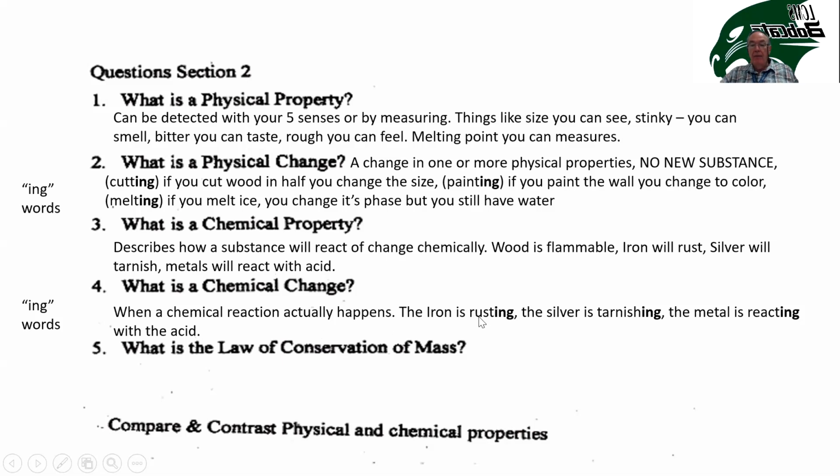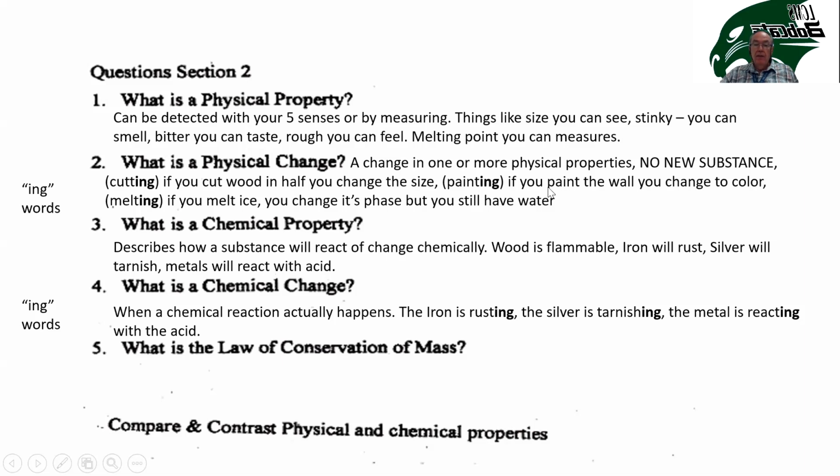We said no matter what happens, even if this iron reacts and it rusts, the mass of the iron plus the mass of the oxygen that gets added to it when it becomes iron oxide is equal to the mass before the reaction. Or if we burn the wood, if we found the mass of the log before the fire and we collected all the ashes, all of the smoke particles that normally would go up the chimney, and all the water vapor that was released during the burning, and we found the mass of all those substances afterwards, it would equal the mass before.